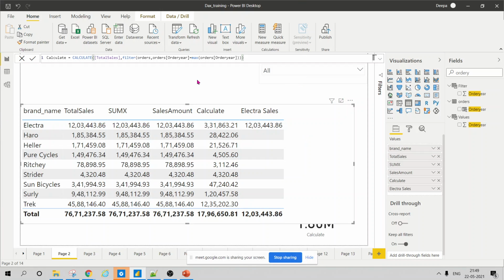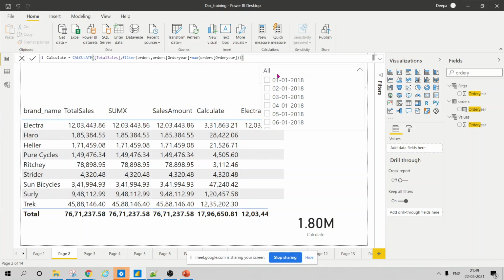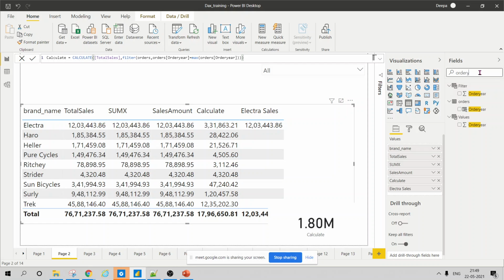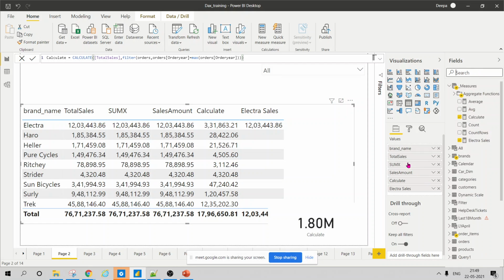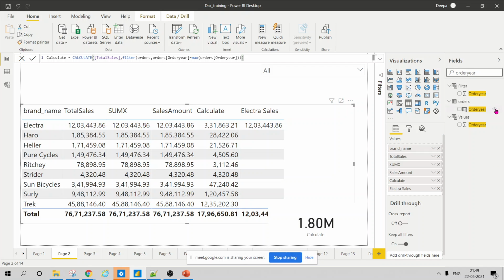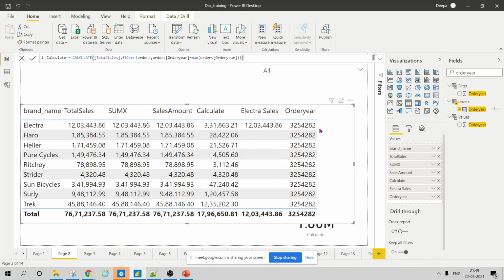I'll tell you order year separately. First of all, let me tell you, the other values, like the brand name, are coming from the brand table, and the order year which I am taking is from the order table.